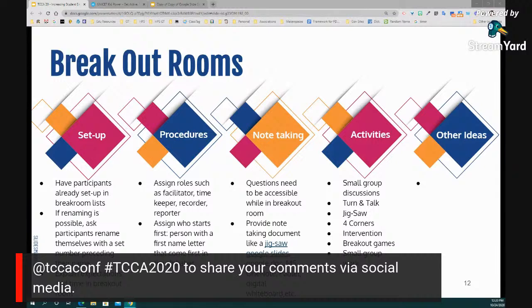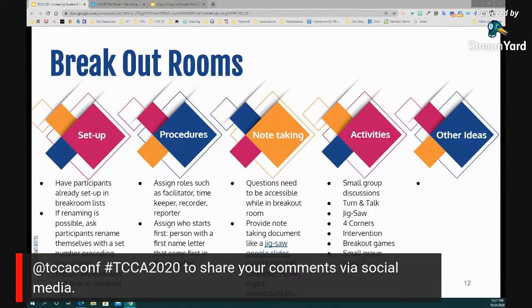Now, if you don't have that option and you do not want to just do a random split in the breakout rooms, you can do renaming. You can ask each participant to rename themselves. You will tell them, I want you to put a 1 if you are all ELA teachers, a 2 if you're math, 3 social studies, etc. Then the person doing the breakout rooms can easily see that everybody whose name starts with a 1 goes in breakout room 1, the ones that start with 2 all go in 2, etc. It's a real quick, easy way. It was a nice tip that was shared with me.